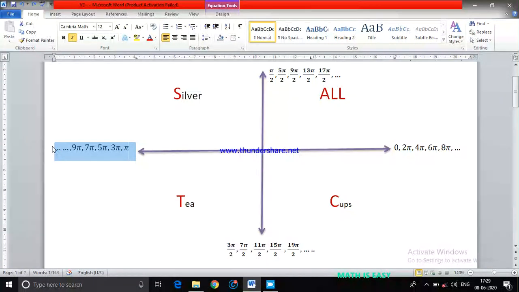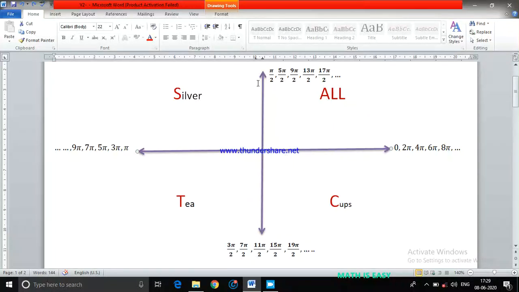See, I am not saying these are the values which I am going to represent somewhere here, so pi will come here, 3 pi will come here, 5 pi will come here. That's not correct, okay? There is a reason why I am putting these angles. These are not the values of the x-axis. These are values when I rotate, how much angle I can make at that particular point.